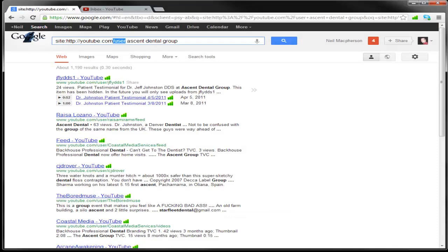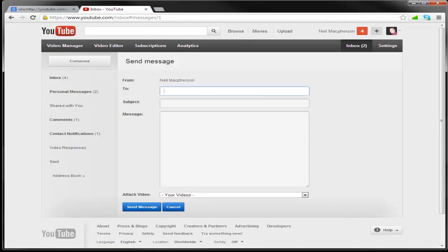This is why when you build your spreadsheets, you need to make sure you take down the username of the channel that you're going to be contacting. You don't need the whole URL, you just need this username right here. You're going to place that in the to section, and then in the subject section, you want to put something simple, like problem with your YouTube channel,